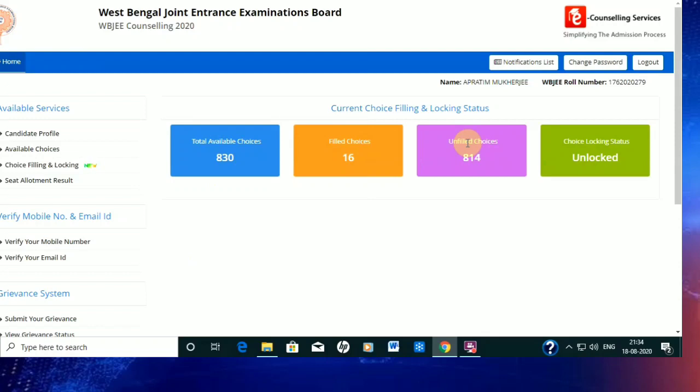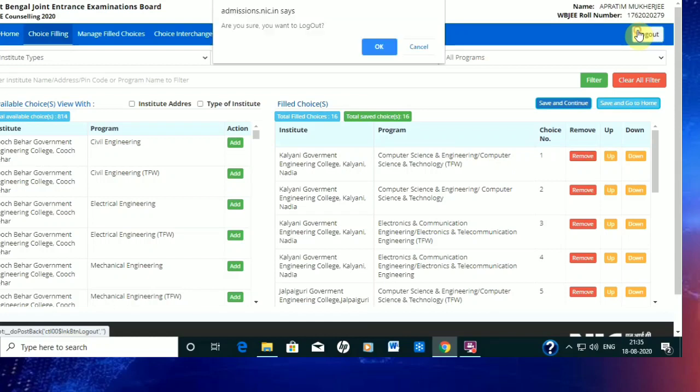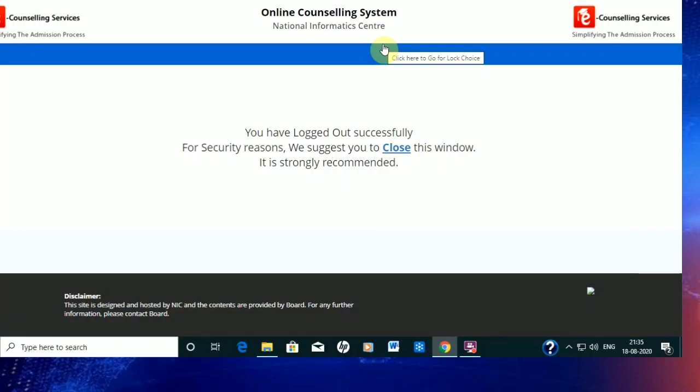As you can see the lock status, it is unlocked. Okay, if you want to see your choices, you can again click this part and you come up with this interface. It is unlocked, so you can make any change at any point of time. So here we log out from this section. After making every change, save it and then log out for security reasons. Don't close the window or the tab, but simply log out. Yes, we log out here. So this was the choice filling section.